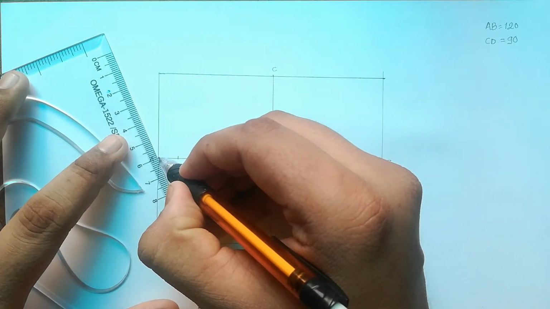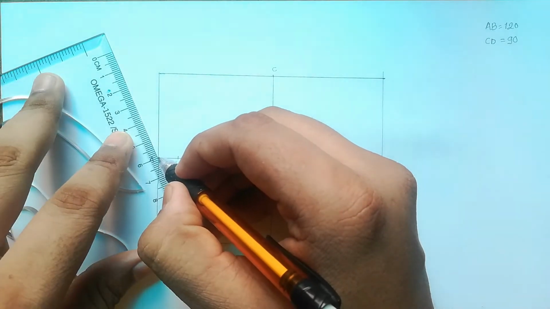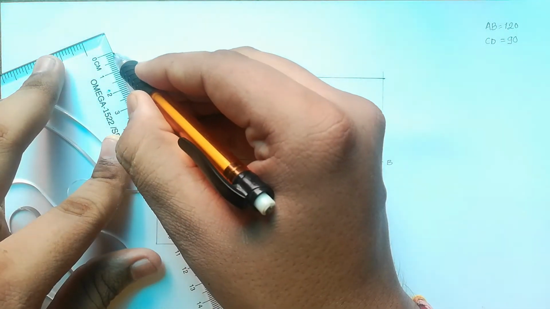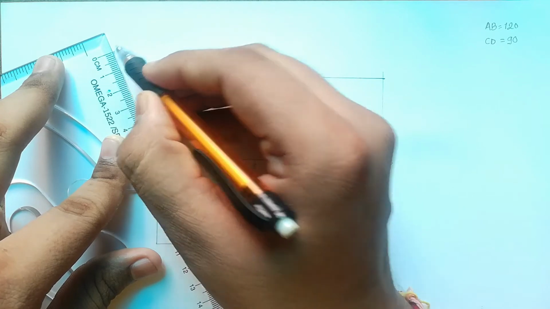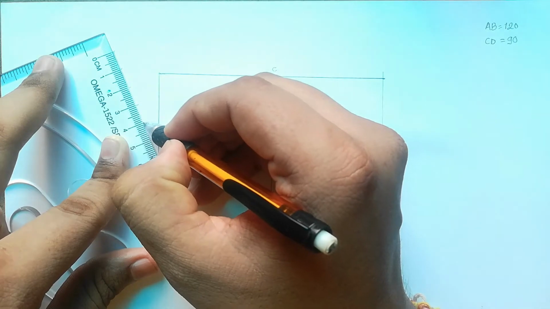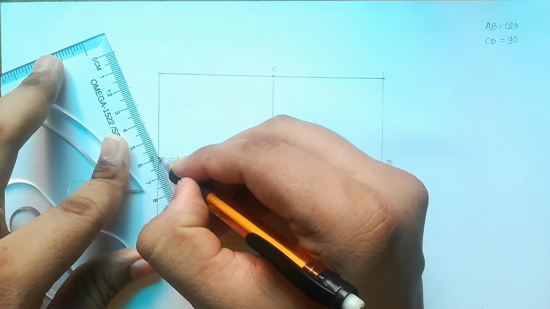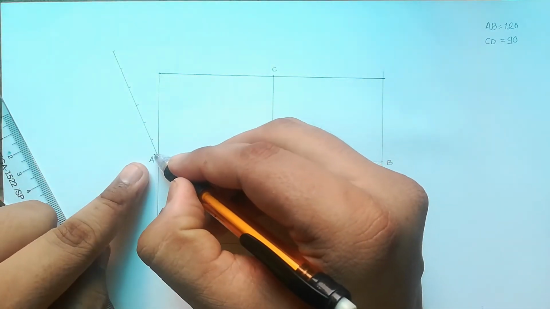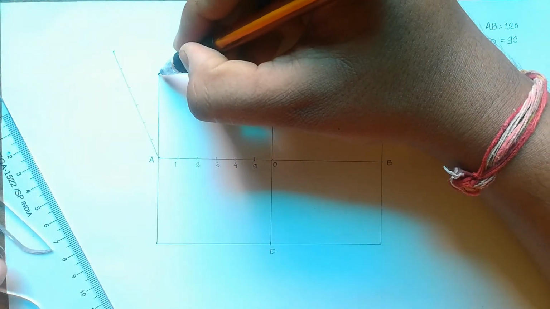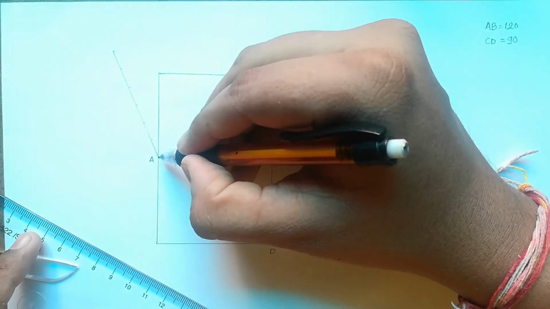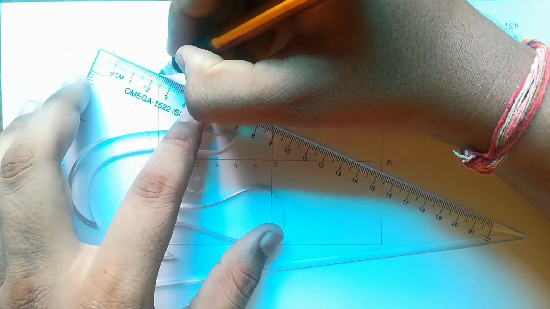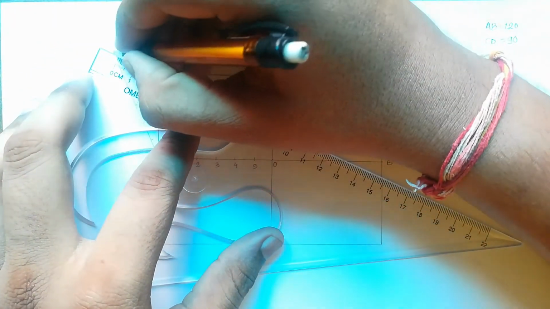I need to draw that line in such a way that I can easily divide it into 6 equal divisions. So I will draw a 60 mm long line, so I can easily divide that line into 6 equal divisions. So this is my first division, second, third, fourth, fifth, and sixth. The first end of the line is connected to A. I need to connect the second end with this corner, because as I am going to divide this line, I need to connect the second end with the second end.